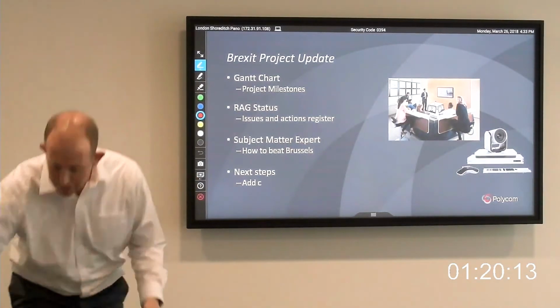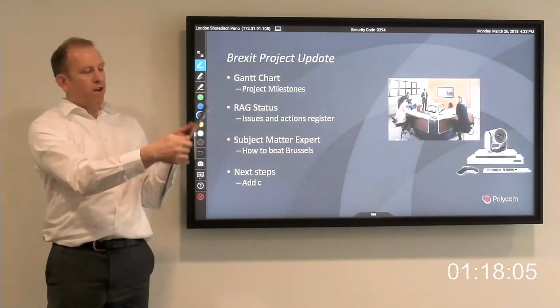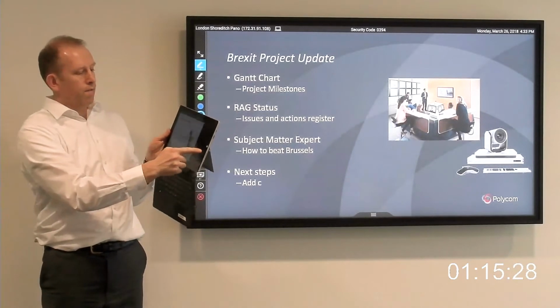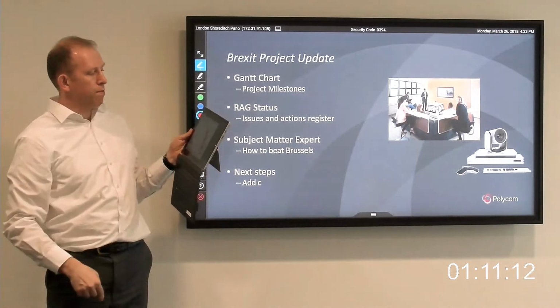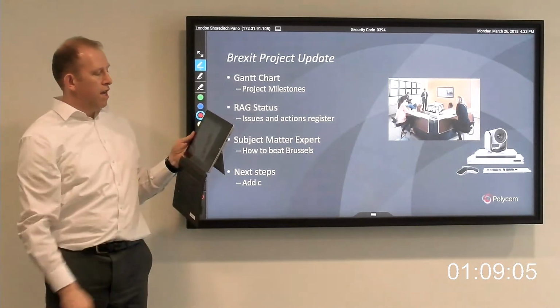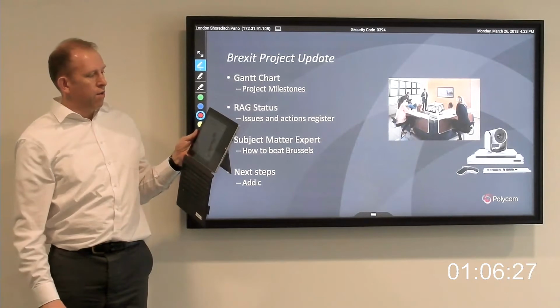I need to bring up a Gantt chart because that's the first thing we're joining. And to do that, I've got my Miracast device. So I'm just going to click the connect button on my device, and it's going to bring up the London Shoreditch Pano again. And I'm just going to connect to that, and that's going to bring up my Gantt chart,